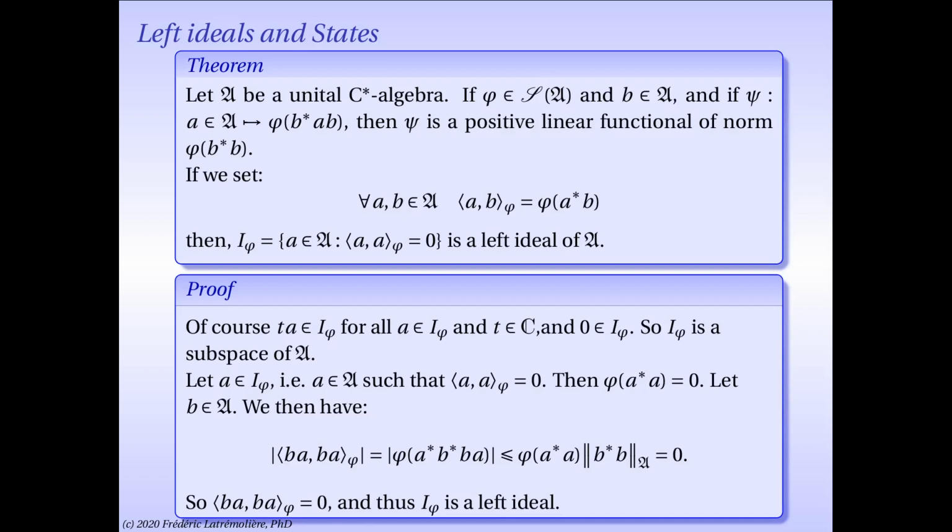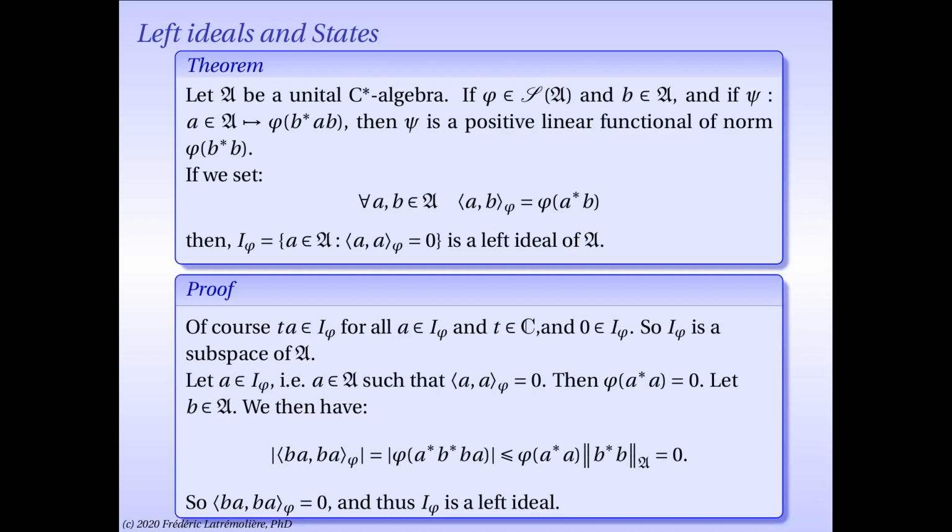Now I'm going to prove it's a left ideal, so what's left is to prove that if I take an element of my left ideal, let's call it a, and I multiply it on the left by something else, let's call it b, then I should be falling back into my left ideal. So let a be in I_φ. That is, it's an element so that φ(a*a) is 0. And let b be arbitrary in my C* algebra. And this is why I'm using this nice observation we made about the map ψ at the beginning of this proof. Because if you calculate the modulus of the product, it's the inner product of ba with ba,